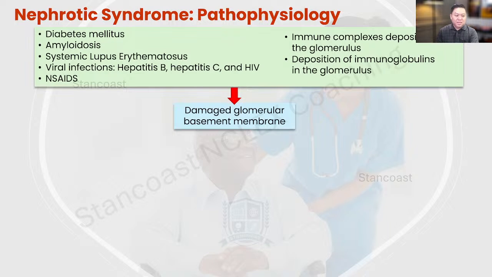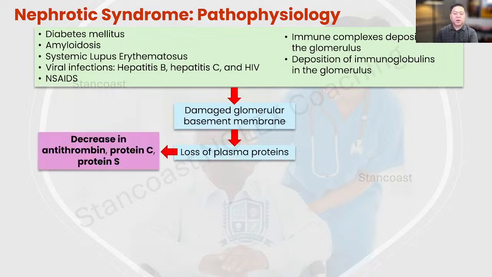Now, again, this is going to cause damage to the structure, the GBM. This will also include the leaking of the critical proteins, okay? And so we know that the moderate and also the large size molecules of proteins will be leaking into the urine. So remember those groups that I've mentioned? I want you to recall, because they're going to be the same kind of proteins that will be leaking into the urine. And so let's talk about the first group of proteins that will be leaking, and this is the